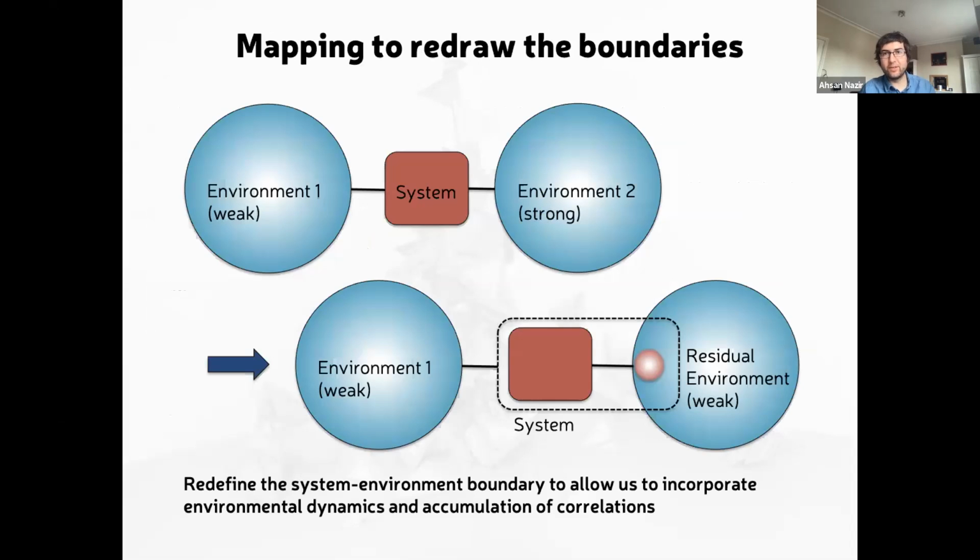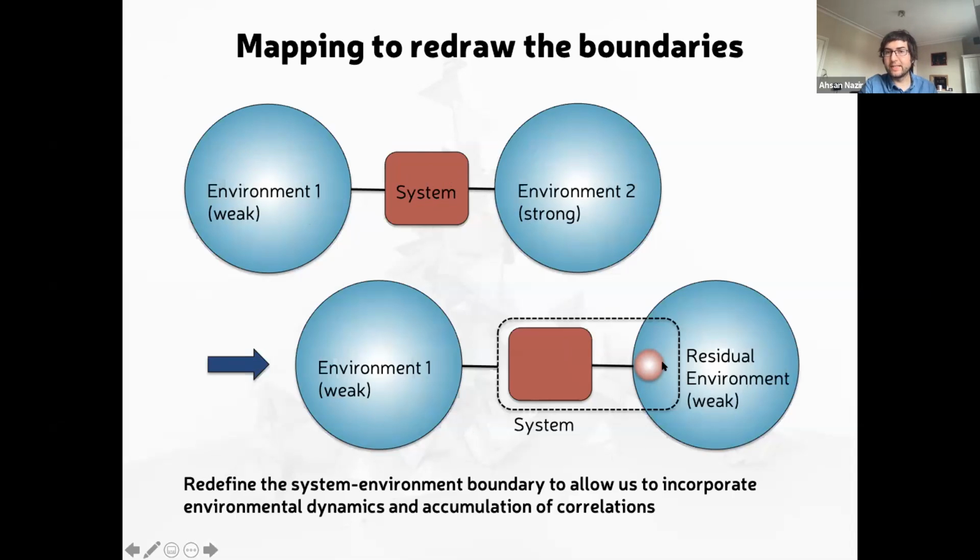So the kind of technique I'm going to use will map between the original representation that I showed on a previous slide to this new representation, which will allow us to include some of the effects of non-additivity between the two environments. So we imagine we've got a situation schematically where we've got a system coupled to two environments as before. Let's assume one of the environments is strongly coupled to the system, and the other environment is weakly coupled to it. We're going to map using the collective coordinate mapping to a situation where we enlarge our system to